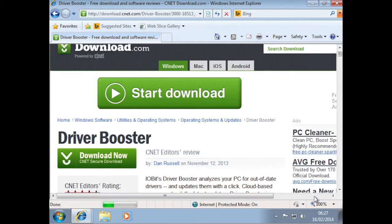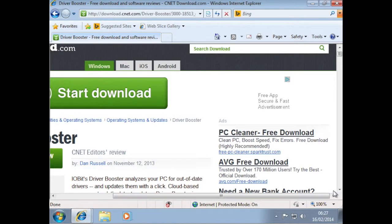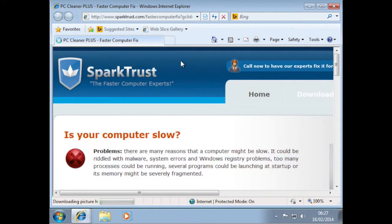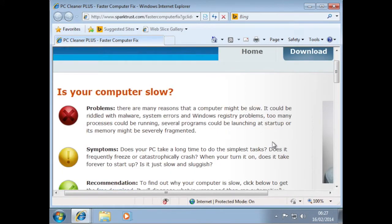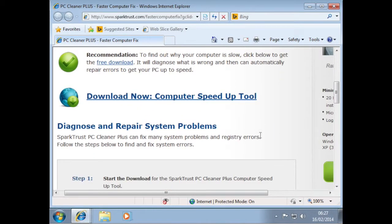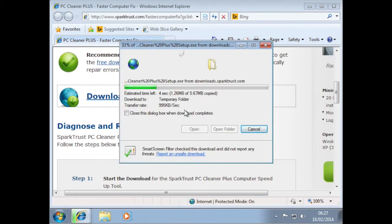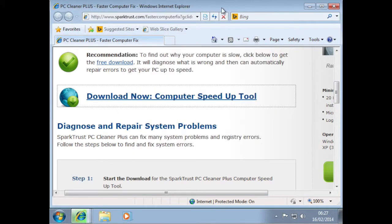Actually no, it doesn't have it. Actually, let's have a look at this. These adverts, let's try that. Is my computer slow? Well, yes it is. Yeah, I want that. So somebody might have just seen that and they think, oh, I'm going to install that. So great, while it's installing,